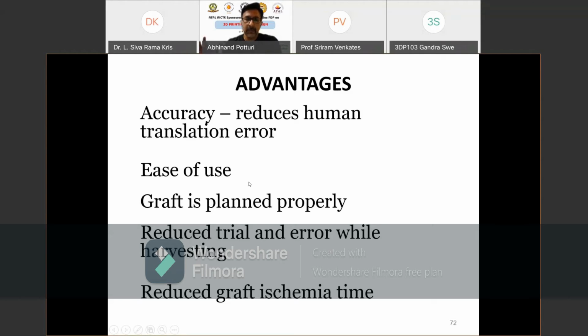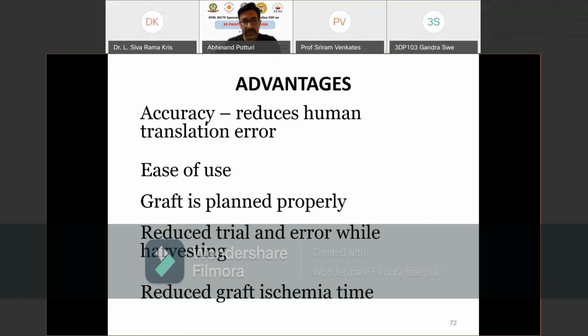The surgery time, which usually takes 8 hours for the leg bone to be transplanted, will take only 4 hours for this titanium printed one. So half of the time of the entire surgery is reduced. Half time reduced means the patient's outcome is also so much better. Imagine 8-hour surgery to 4-hour surgery.